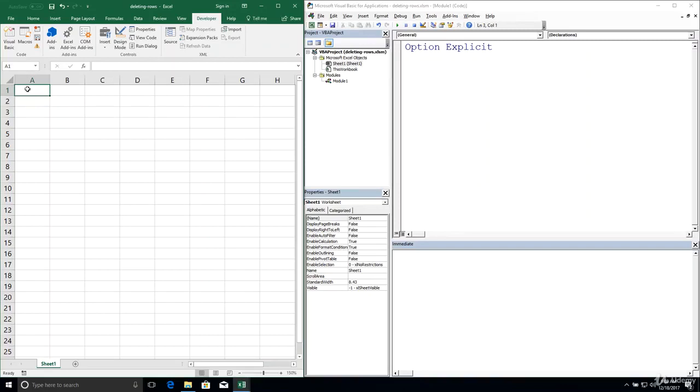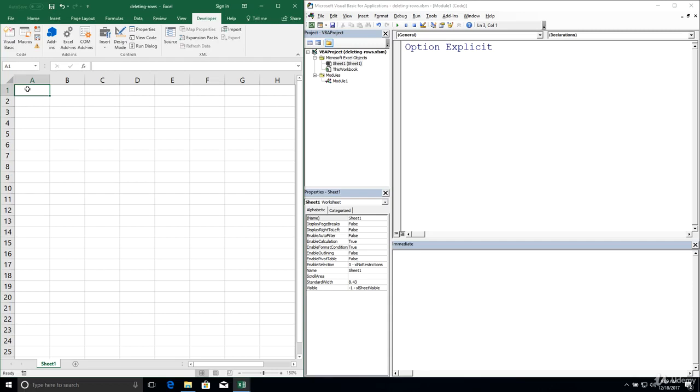In this lesson, we'll talk about iterating backwards, or in other words, starting our iterator variable at a higher number and decreasing it until it gets to a lower number. When might we want to use this in the context of our Excel spreadsheet? The perfect use case for this is whenever we need to delete rows.